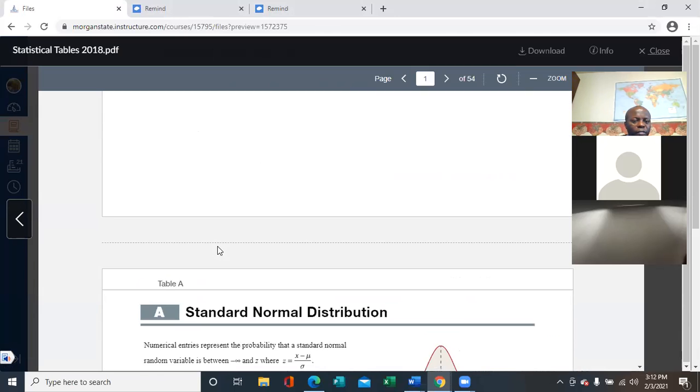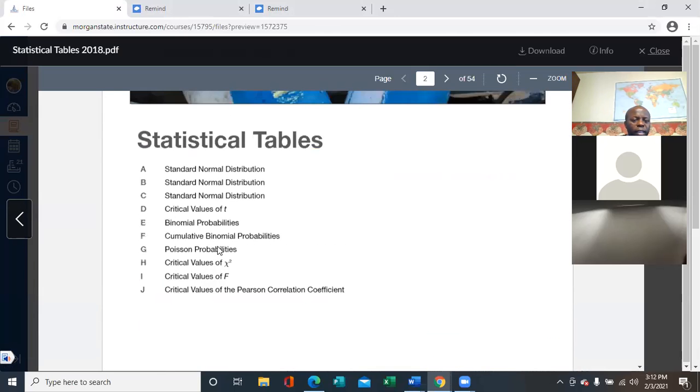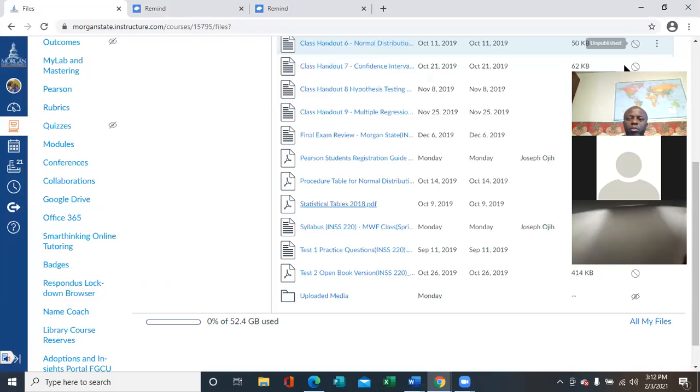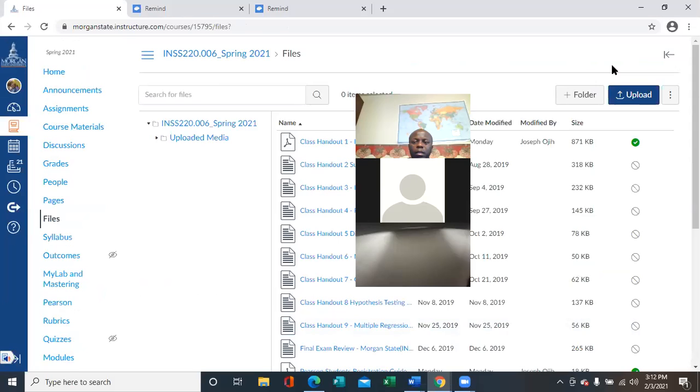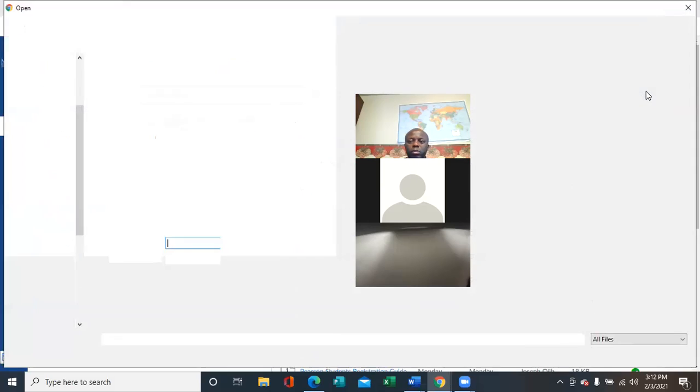Okay, this one does not have the table of random numbers. In that case, I'll upload one for you. You're going to be using this for the rest of the class. The only table that is missing here is the table of random numbers, so I'm going to upload it for you right away.